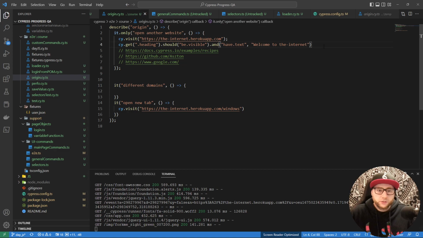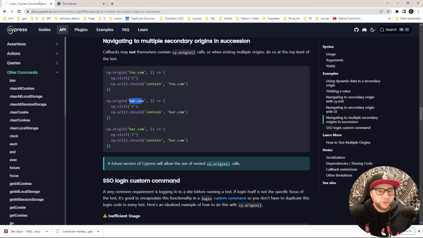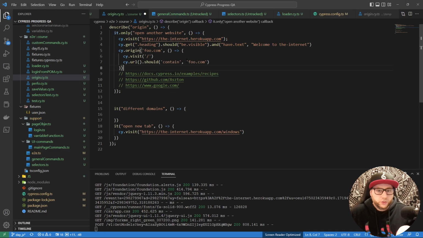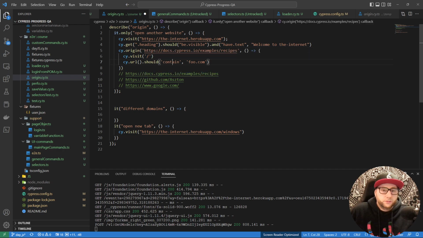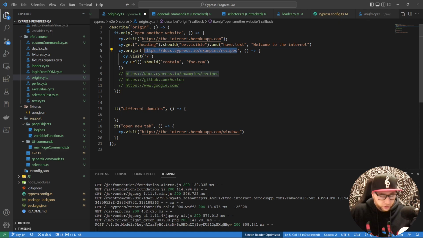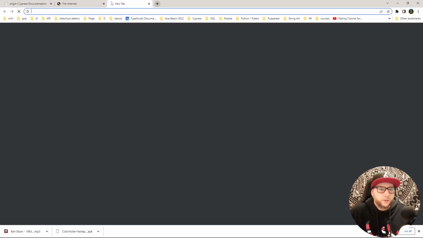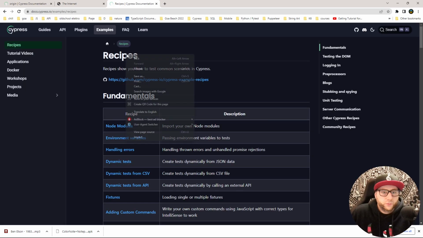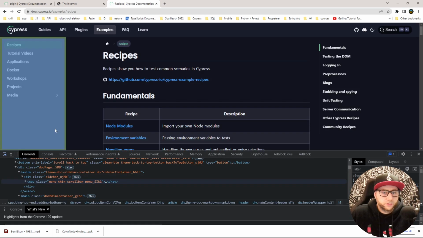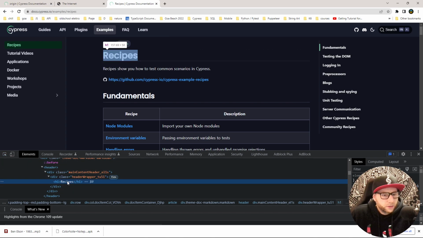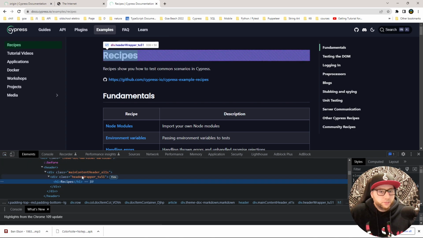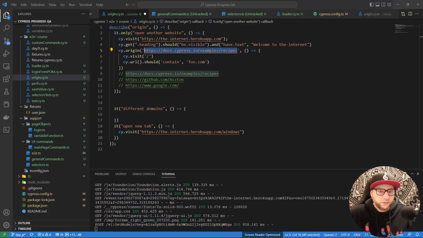Okay, so we can use origin from the documentation. Let's copy this, cy.origin, and we want to open, for example, Cypress documentation, cy.visit, and let's check which assertion we can add. Let's open this, for example, this header. Okay, let's grab this element by class name,